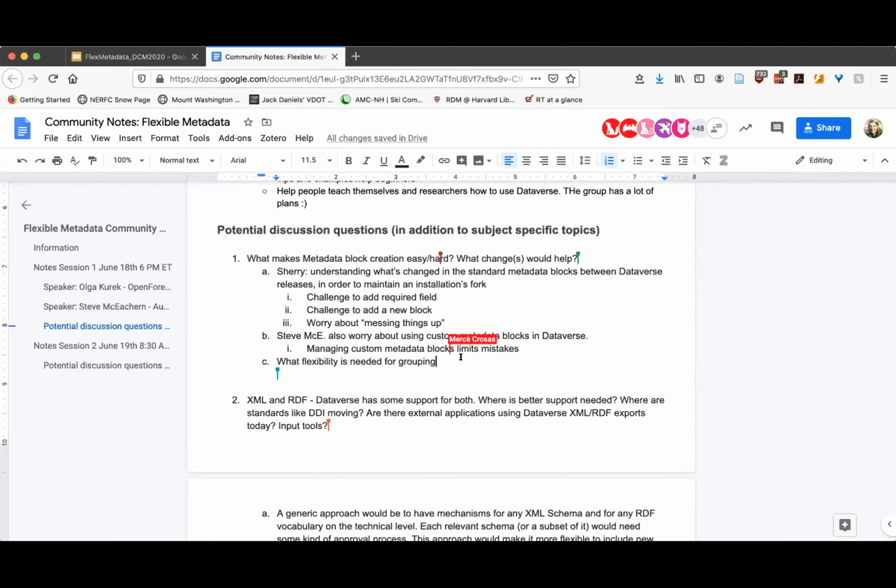I was just going to say, from QDR, who's done some metadata block customization, I actually dug through to figure out when you can and can't break things. So I have some inside knowledge there, but my take on this is, I think maintaining and managing and continuing to merge on somebody else's metadata block is a challenge for all the reasons you're saying.